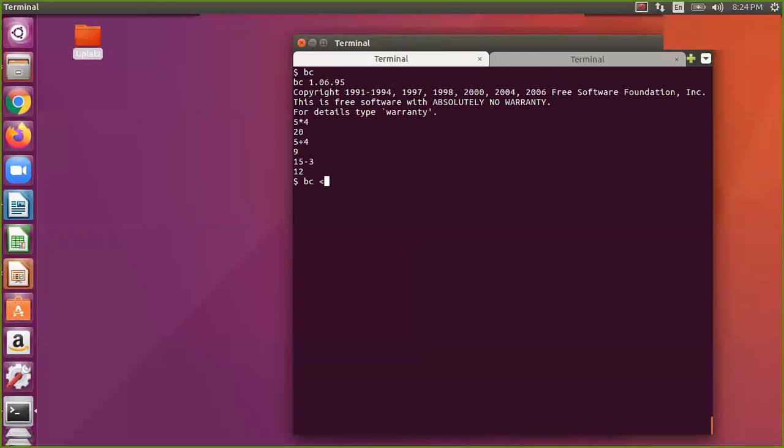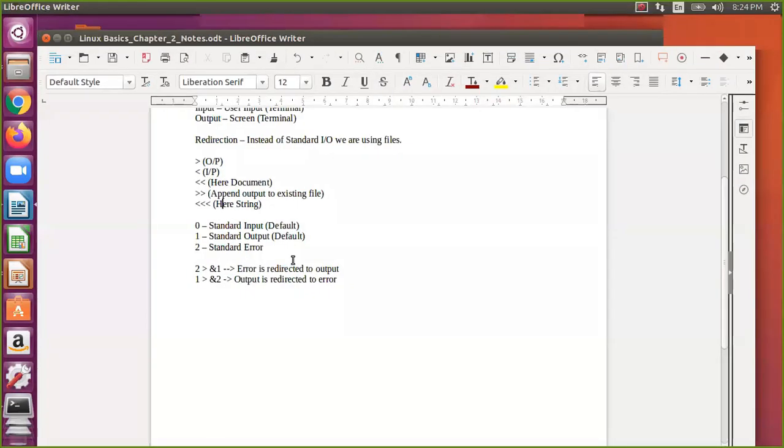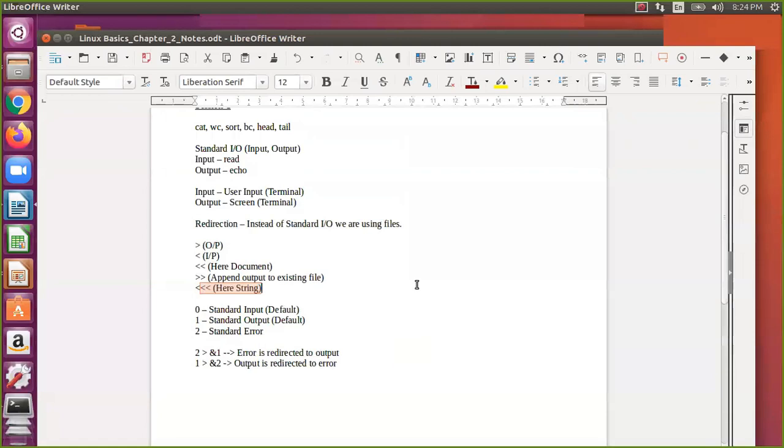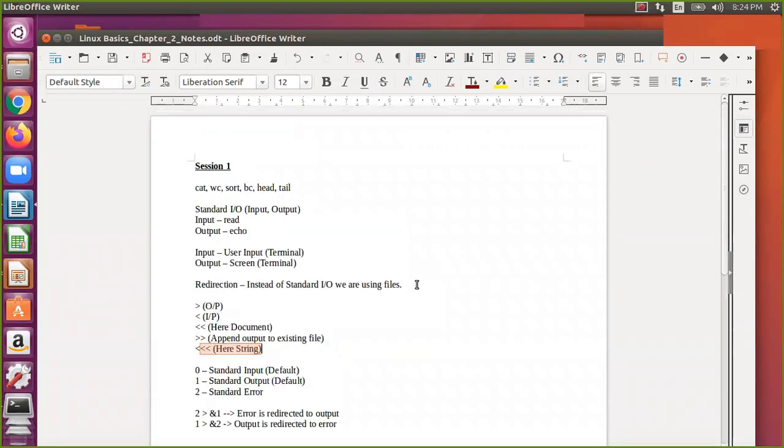But if I use a here string, instead of entering all those things, I can simply say something like this. That is the use of the here string, not doc string. Here document is multi-line input, and here string is whatever input we pass directly, and it will give us the output. If you want to redirect it, you can use the greater than symbol. So now we have seen standard input output redirection.